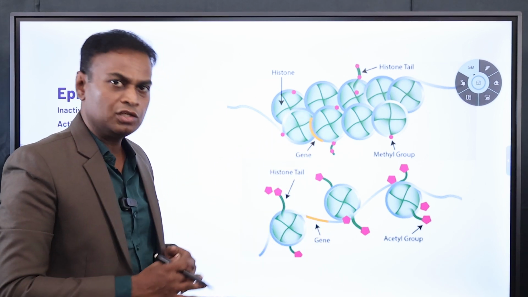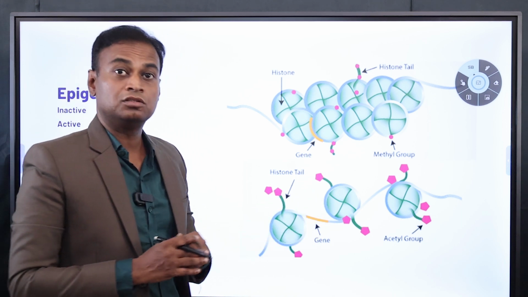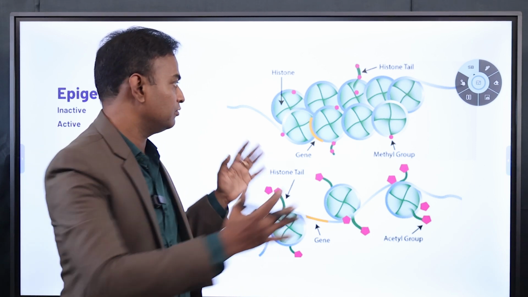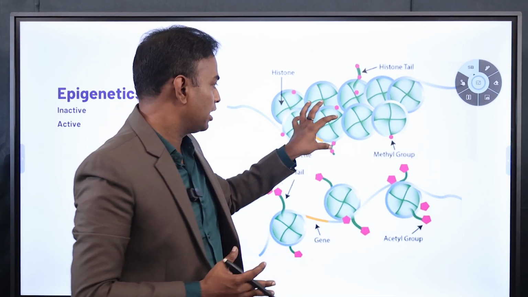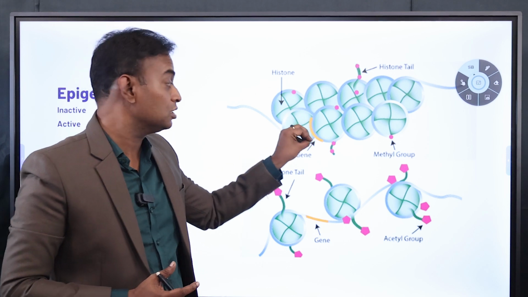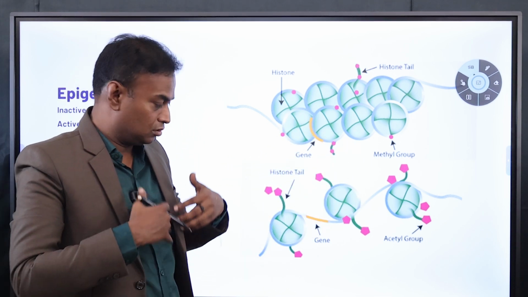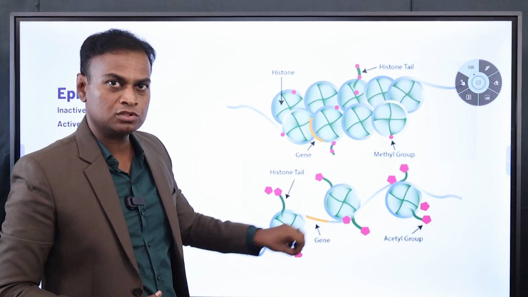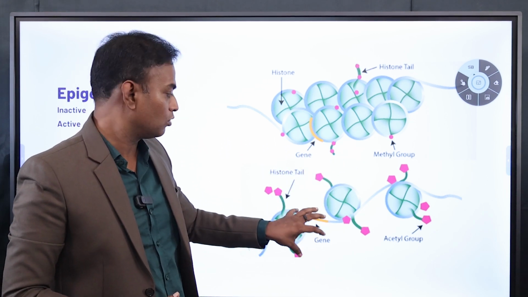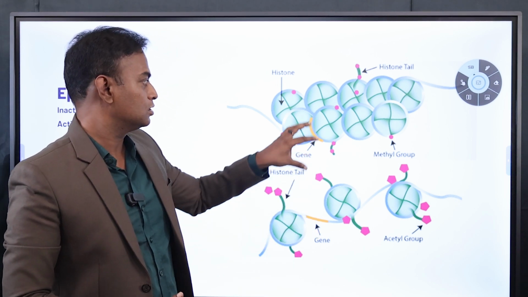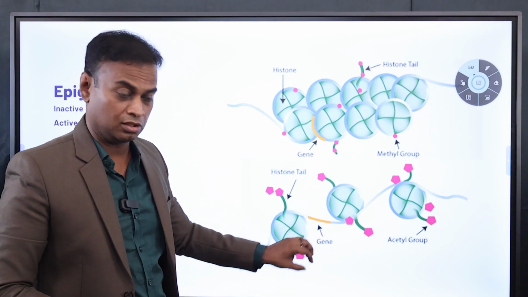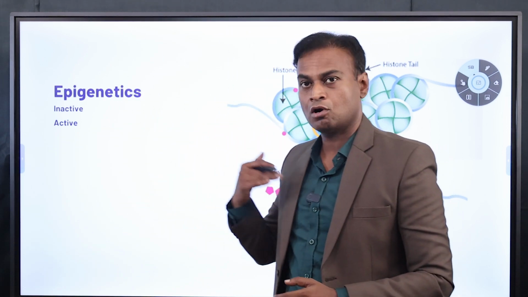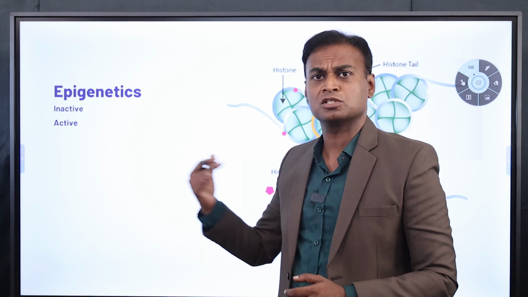This is switching off a gene, this is switching on a gene; this is an inactive gene, this is an active gene. Even though you have these genes, there needs to be some activation or inactivation. How are these inactivated? When these histone proteins come together, mRNA cannot read this gene, so this gene is not expressed. When due to some external influences these move apart, this gene is exposed, mRNA reads this gene, and effects are produced. This is switching off the gene and this is switching on the gene. If you understand these two concepts clearly, now we go into autism and try to understand autism from the perspective of